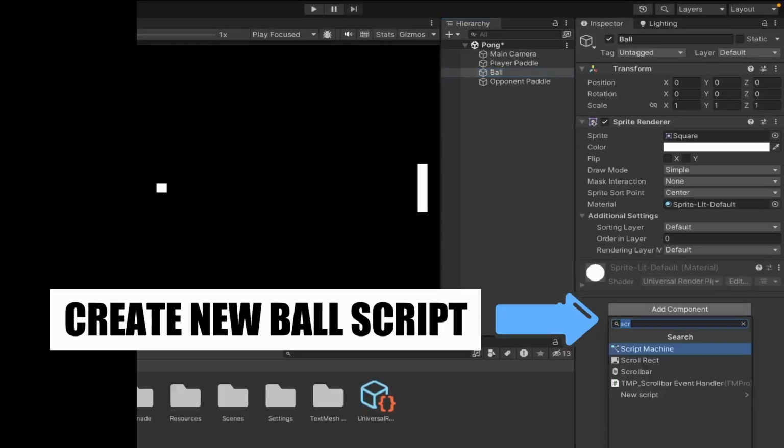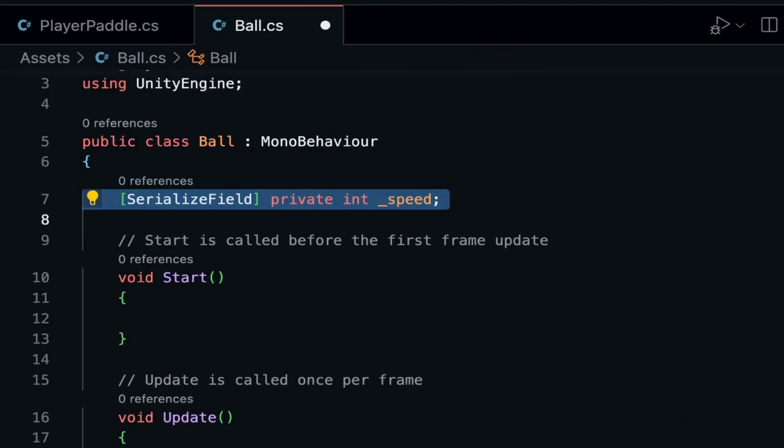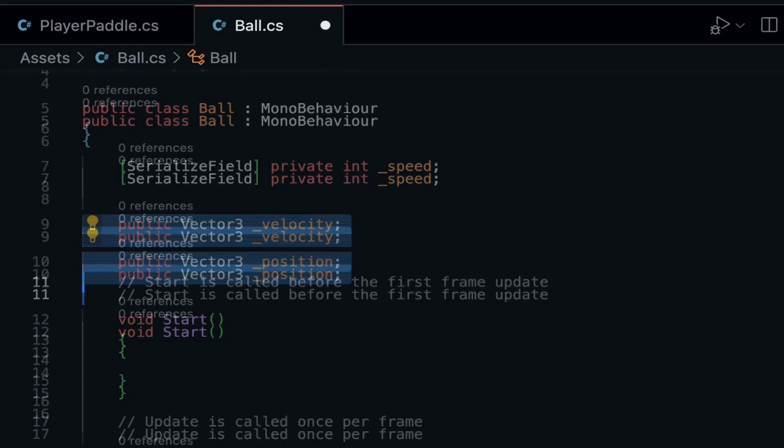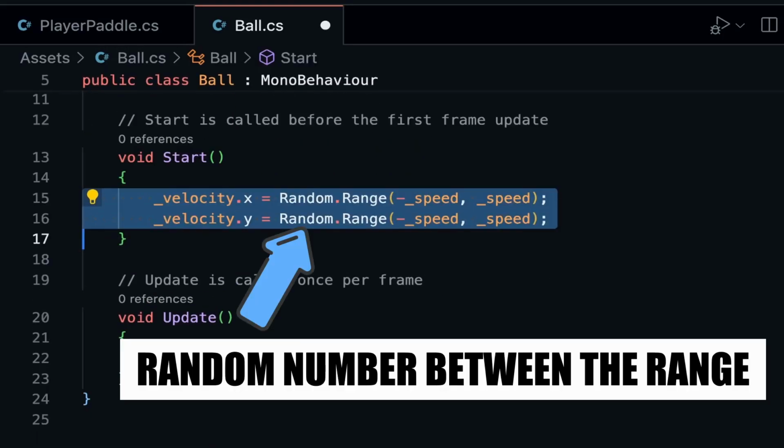That's pretty cool. But now we can update the ball script to give it a random velocity every time the game starts using the Random.Range function. The ball also needs to bounce whenever it hits a surface. This can be done by checking for collisions between the ball and the paddles or the top and bottom of